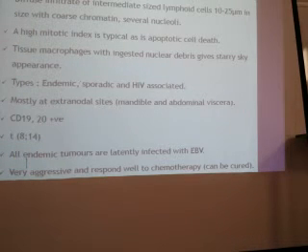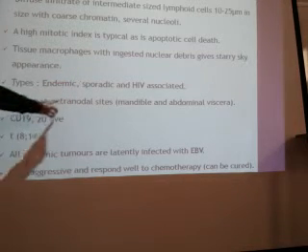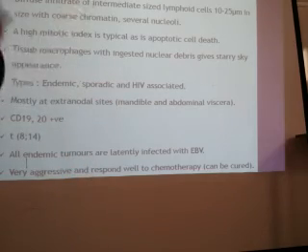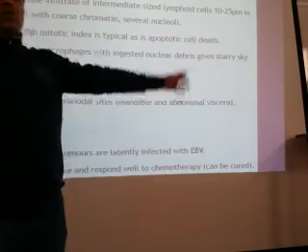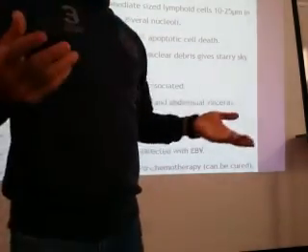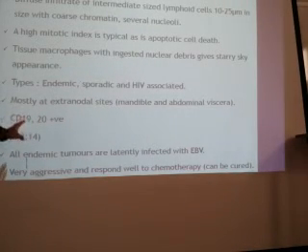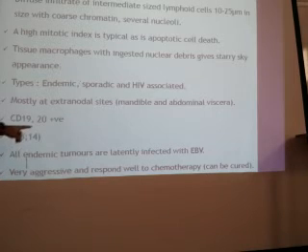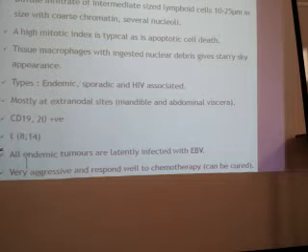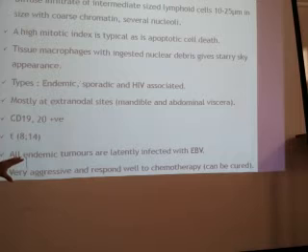Mostly these are present in extranodal locations. Which is a lymphoma which is mostly present in the extranodal location? This is one of the types. Mandible and abdominal viscera are the most common locations for this, other than the lymph nodes. Here also CD19, 20 positive. These are B cell markers, but this translocation is peculiar to it: 8, 14. Translocation between 8 and 14. All the endemic tumors are infected with EBV, and this is a very aggressive tumor.